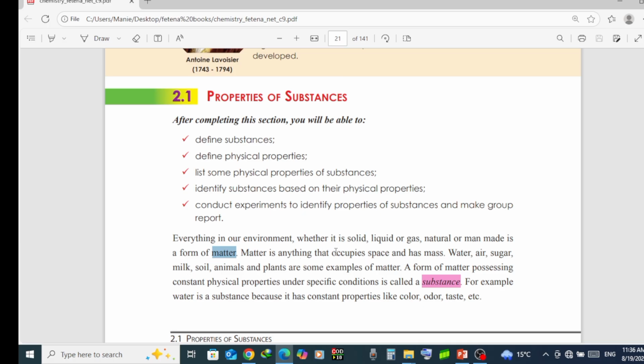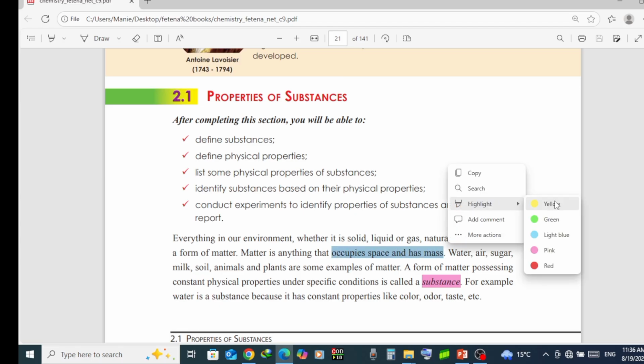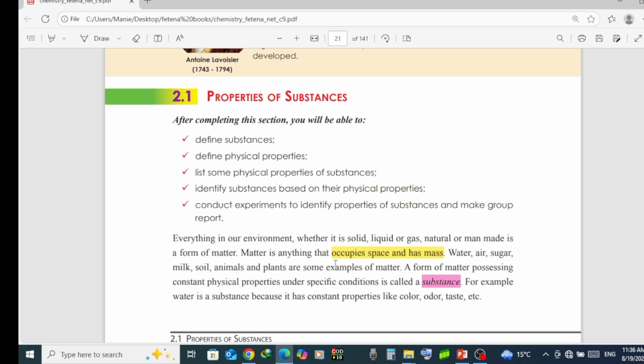that occupies space and has mass ቦታ የሚይዝና መጠነ ቁስ ያለው ነገር ማለት ነው። ስለዚህ ቁስ አካል ማለት ማንኛውም ቦታ የሚይዝና መጠነ ቁስ ያለው ነገር ነው። So anything that has mass and occupies space is called matter. Here we have examples of matter: water, air, sugar, milk, soil, animals and plants are some examples of matter. እነዚህ የቁስ አካል ምሳሌዎች ናቸው። ውሃ፣ አየር፣ ስኳር፣ ወተት፣ አፈር፣ እንስሳት፣ እጽዋት እና የመሳሰሉት ሁሉ እነዚህ የልዩ ቁሶች ምሳሌዎች